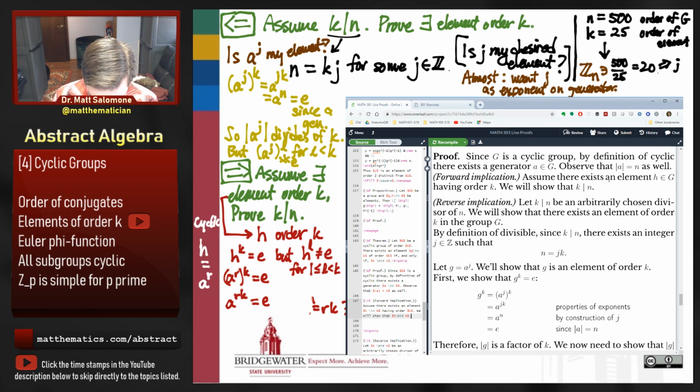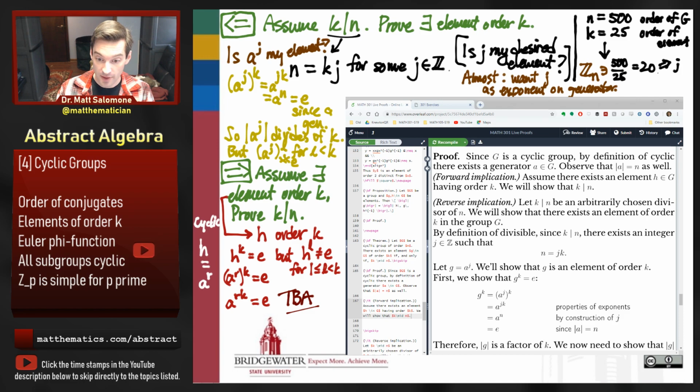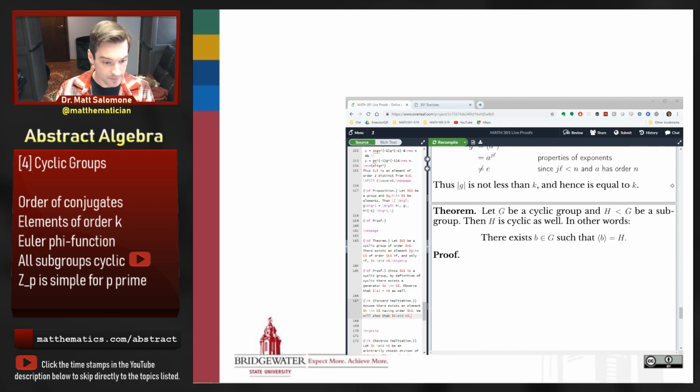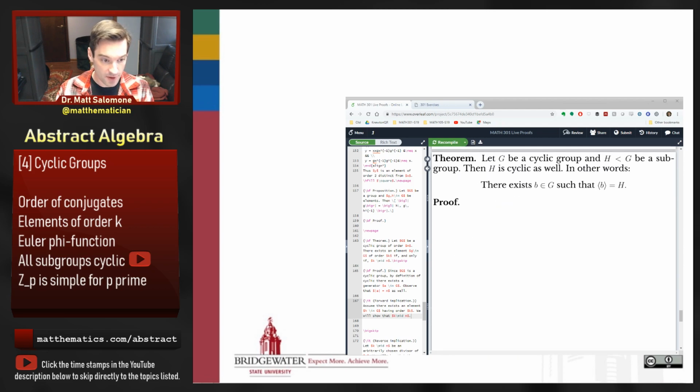All right, I tell you what. What I'd like to do is patch this proof up a little bit later on today. So TBA. My apologies for having to bail out on this one, because I want to make sure we get an opportunity to talk a little bit about one more element on our agenda, which is the contention down here at the end. Well, I guess the second to the end, which is the statement that all subgroups of a cyclic group are themselves also cyclic. Let's do that before we wrap up today's stream, because I'm going to have to get going in about 10 minutes or so.